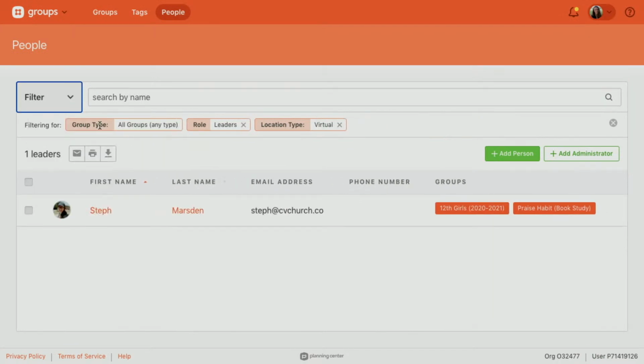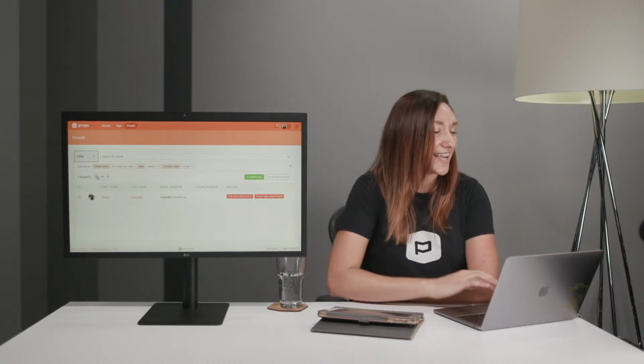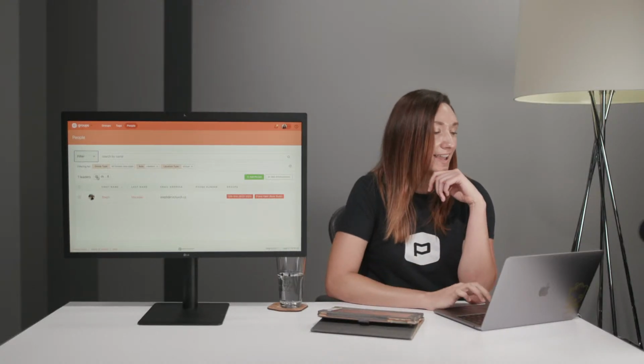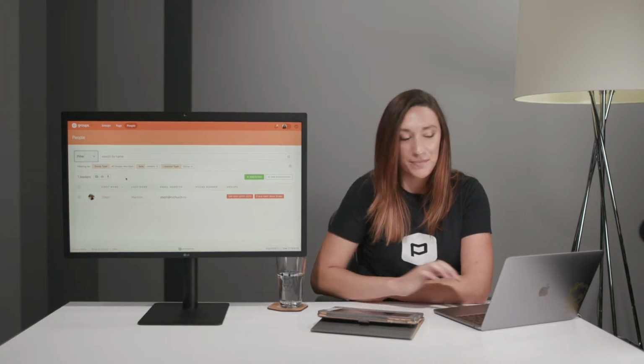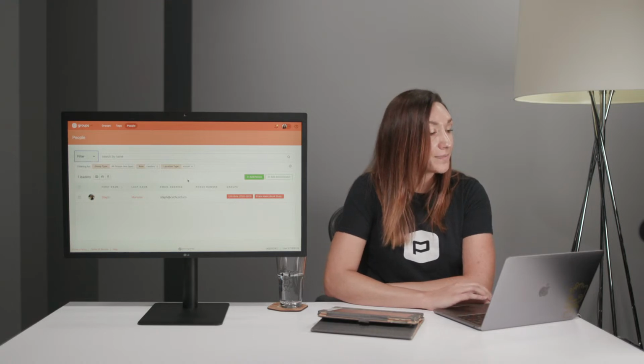So all of those tags instantly get applied as I'm clicking them. And Steph is the only one so far, but that'll change as I add more groups and leaders. And then I can send them an email from this page. So that People page is available to you for whatever you would need to filter through an email, either members, if you need all members to know something. Again, you're going to figure that out as you're using groups and as you create your filters in your groups. And you know your people, so that is available for you to contact your people. That being said, I think that's it.